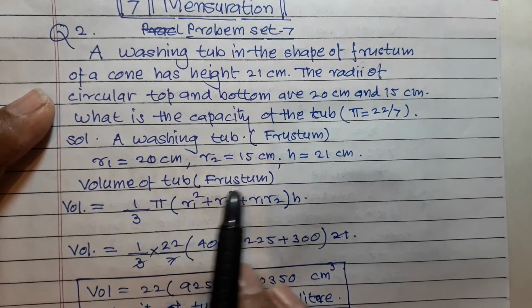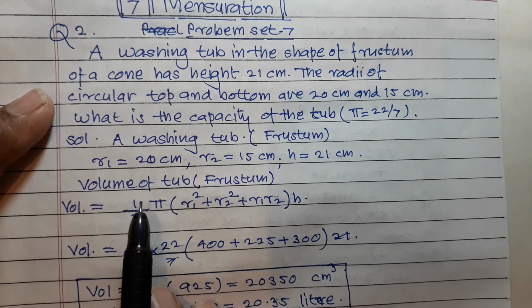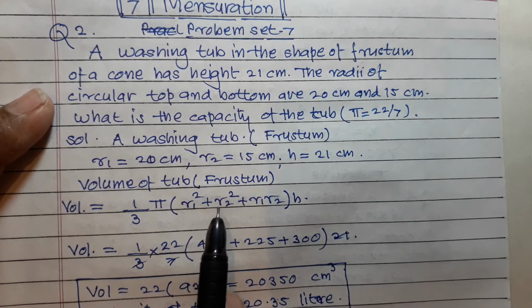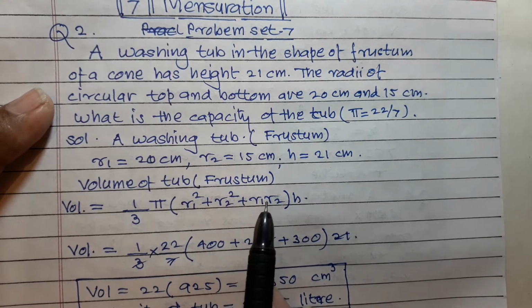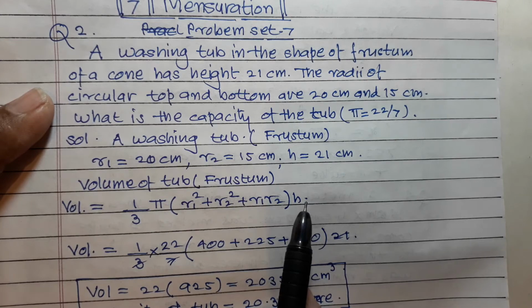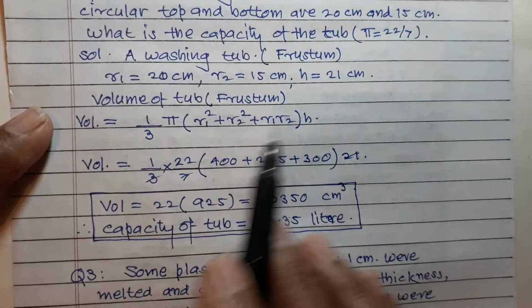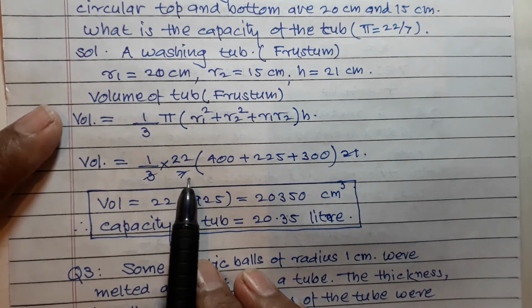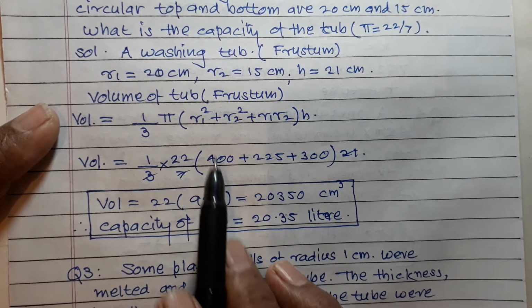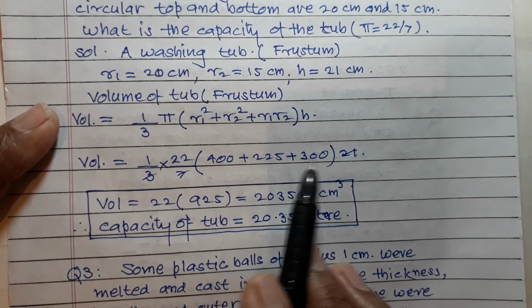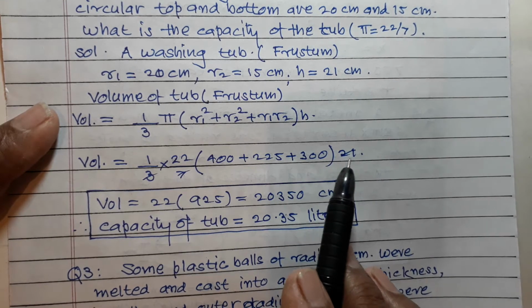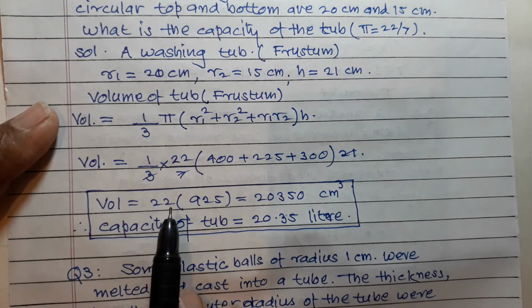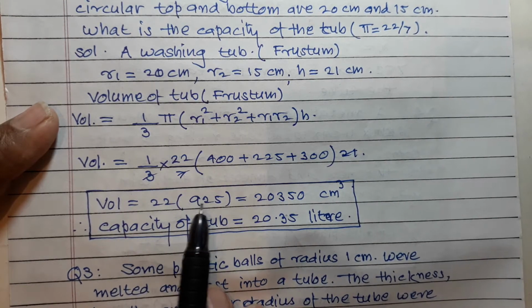So volume of tub is equal to 1 upon 3 pi into bracket R1 square plus R2 square plus R1 into R2 into H. And therefore volume is equal to 1 upon 3 into 22 upon 7 into 400 plus 225 plus 300 into 21, and therefore volume is equal to 22 into 925